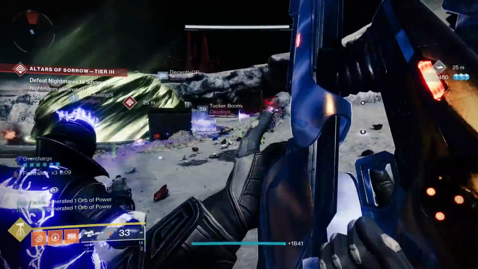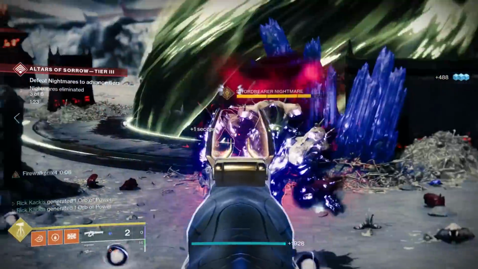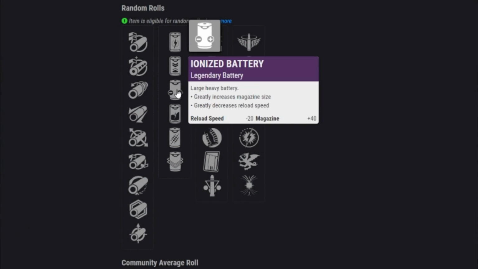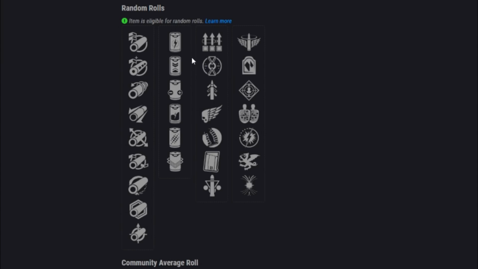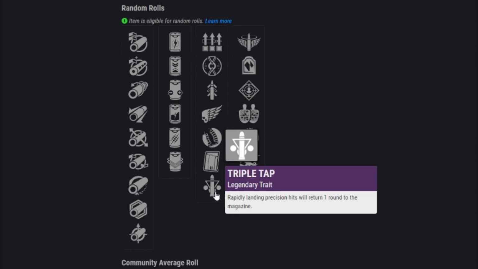Here's what I think is the utter god roll. So in terms of battery, you're kind of going for two things. Either liquid coils for more impact, or specifically you might want ionized battery, and we'll get to why in a sec. Then in the first column, I think you're really going for two things. Either clown cartridge for that big boost to your magazine size after reloading, or triple tap. Again, this is the first time this has ever happened, so I think that means you should be going after